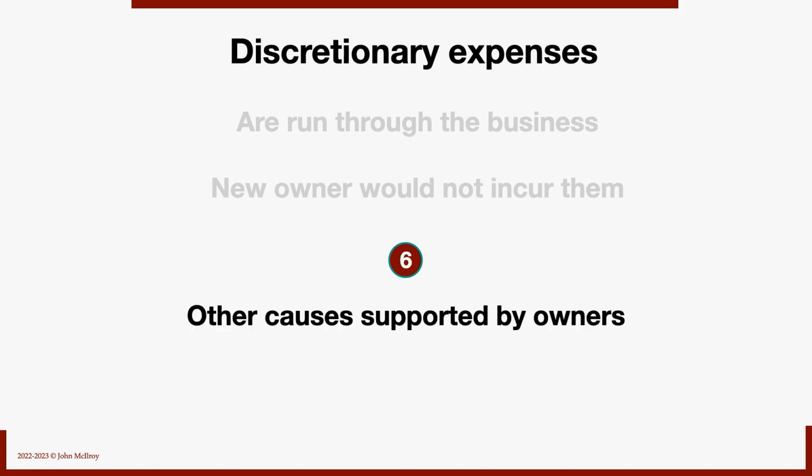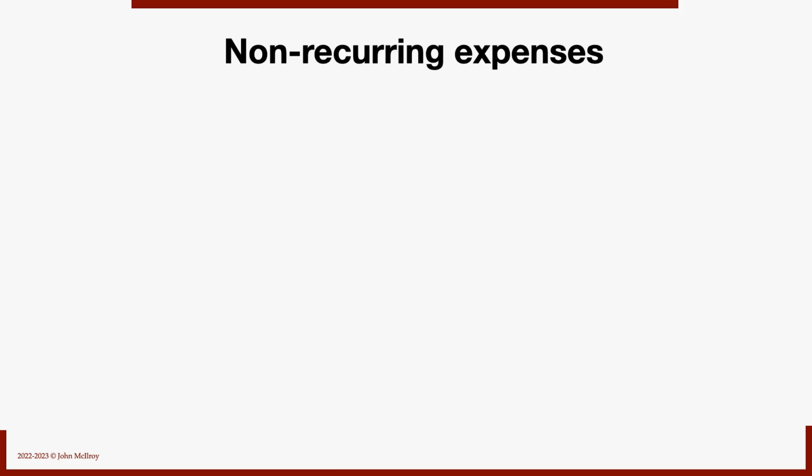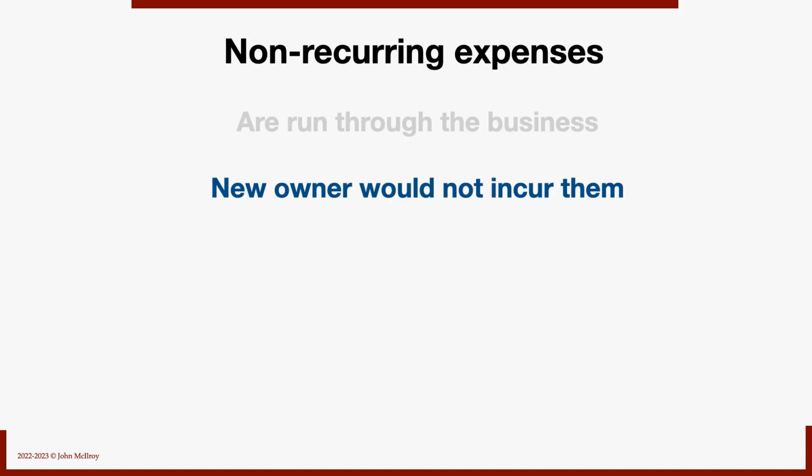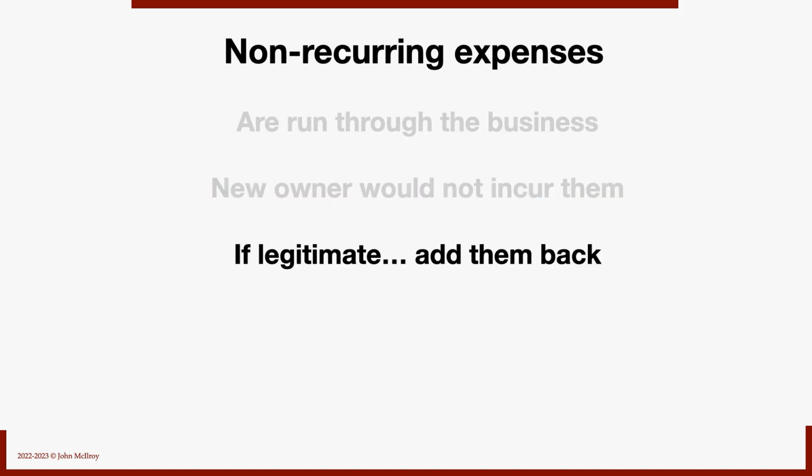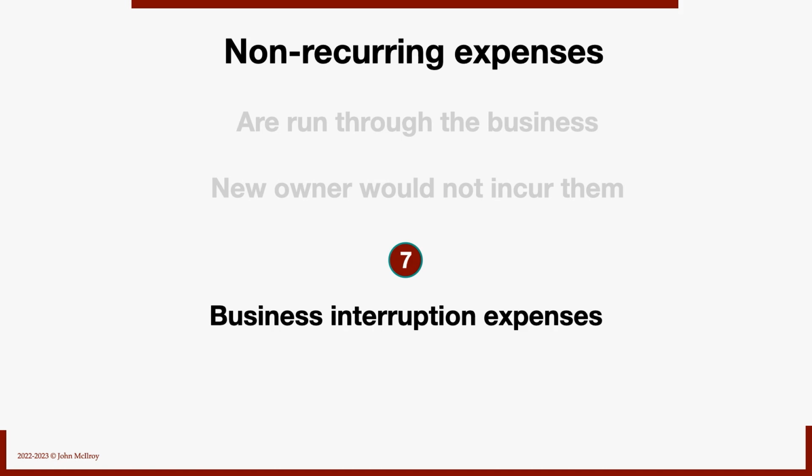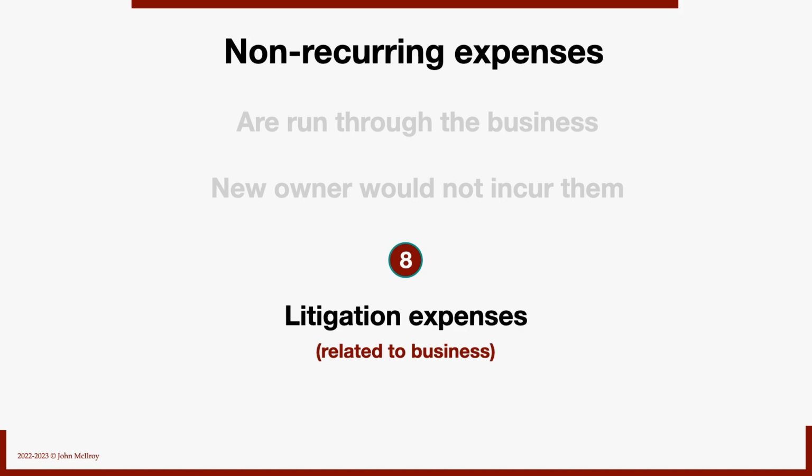And other causes that are supported by the owners as well that are unrelated to the business, also treated as discretionary expenses and if legitimate, added back. Now let's take a look at non-recurring. They're slightly different than discretionary and personal, but they're also run through the business. A new owner wouldn't incur them on a regular basis, so if they're legitimate, they also get added back, like business interruption expenses associated with weather, disaster, accident, litigation expenses that are related to the business. So it's perfectly okay to add those back as well to get a true picture of the profitability of the